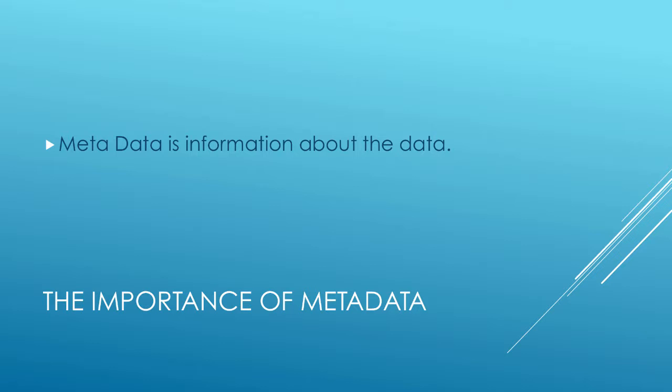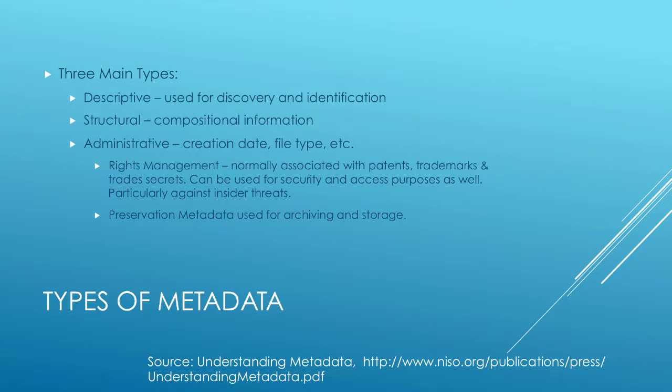As an analyst, you need to understand what it is that you are looking for in terms of, am I looking for a piece of information? Am I looking for what's happened to that information in terms of some parameters I'll talk about in a minute. There are three main types of metadata, as you see on this slide. And the metadata and the discovery of metadata is probably crucial to the analytical process.